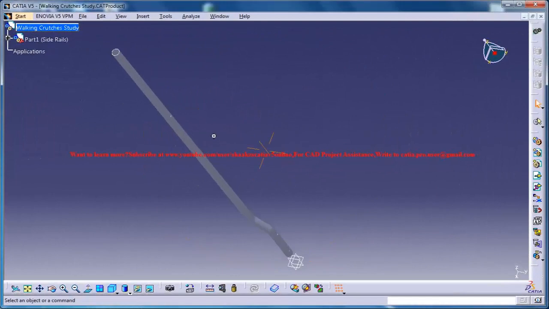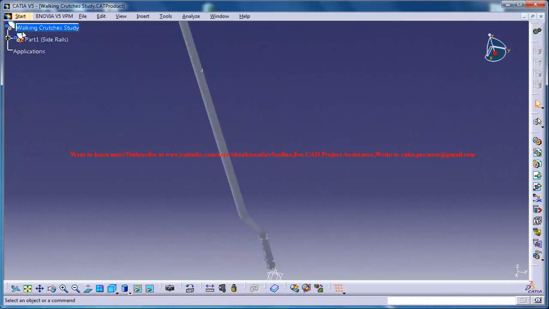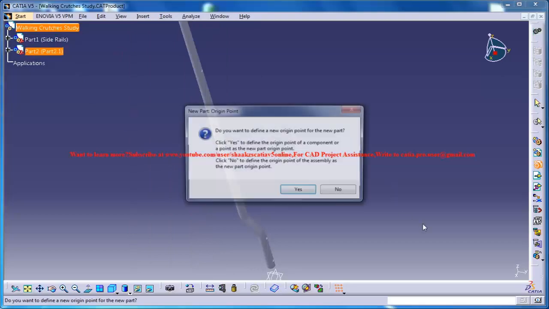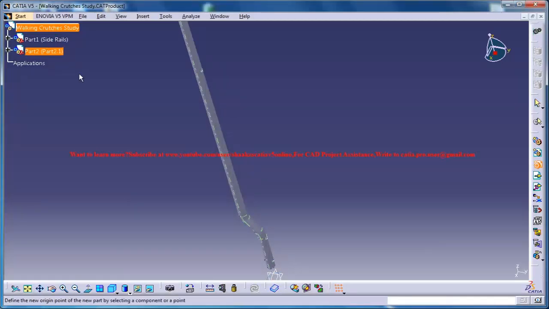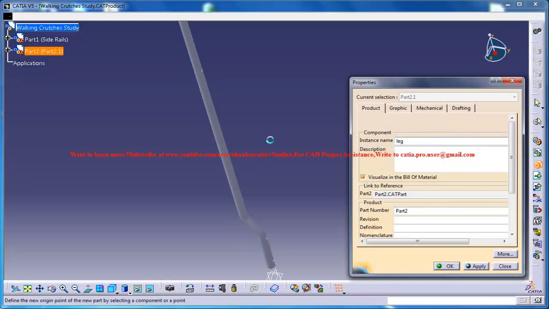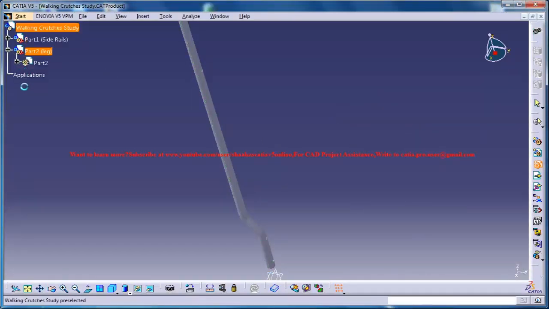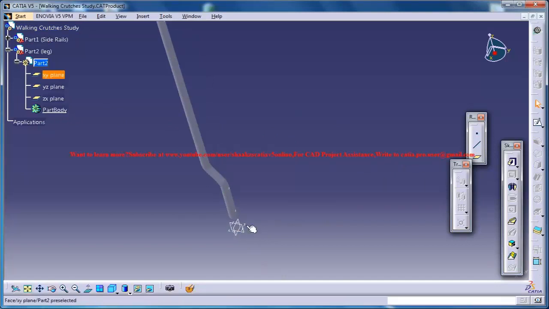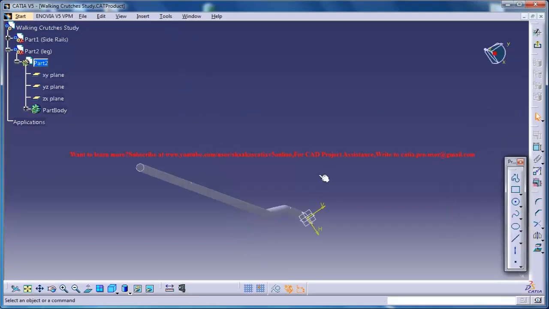We have already completed the side rail part, and the next thing you could do is make sure that you're in the product mode and go for insert, new part, and click on the product and just name it as leg. This is just for recognition of the part, and then double click on the part body to invoke the part workbench. And once you're on the part workbench, just select the XY plane and go for the sketch